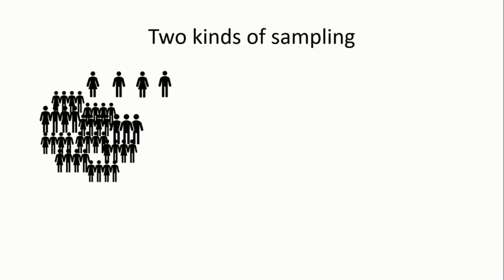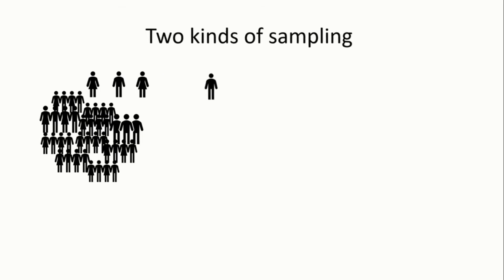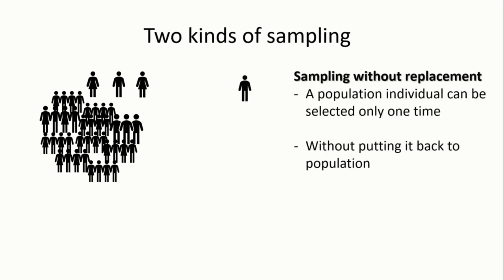There are two kinds of sampling, called sampling without replacement or with replacement, depending on whether you put the selected individuals back into the population before you select the next one. In sampling without replacement, an individual is randomly selected from the population. The next individual will be selected without putting the previous individual back. Every individual is selected from a different pool. If the population size is very large, this method is better because it can generate a random sample with different